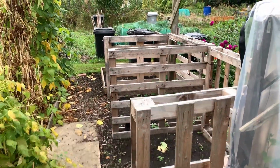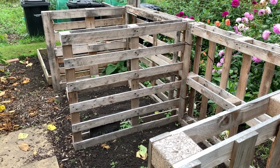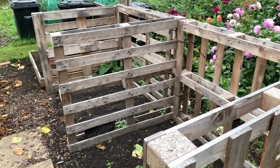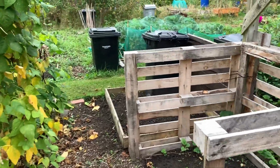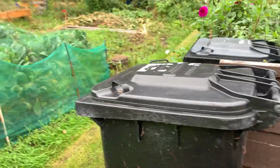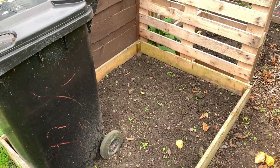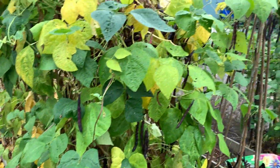These are our double compost bins. So I've been measuring those, and I need to order some stuff so that they can be lined to keep the heat in and help it compost down faster. So yeah, we're hoping to fill those this season. And then down on the end here, this was a strawberry bed, but we've removed it and just replaced it with a small bed and a water butt thing. Again, more beans,